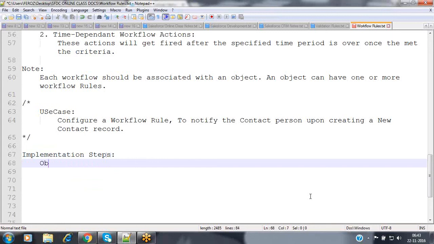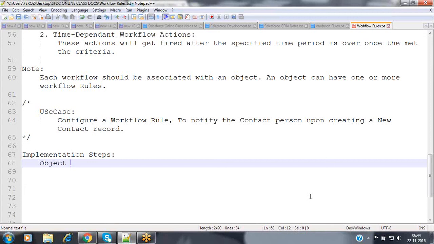Now, this can be achieved through a trigger also, right? Because upon creating a new record, before insert, after insert, we can write a trigger and we can send an email, right? Yes. The advanced version of workflows is triggers. So the advanced version of workflow is a trigger.